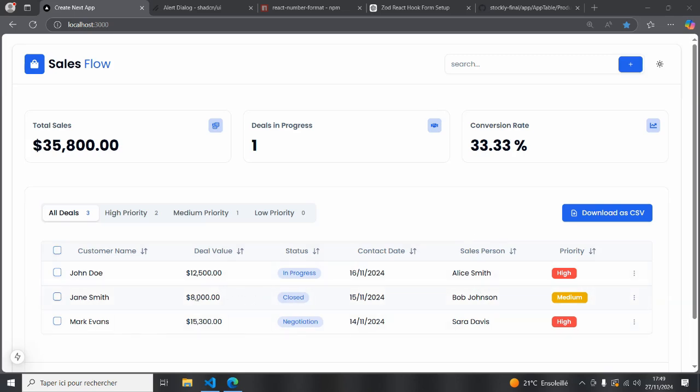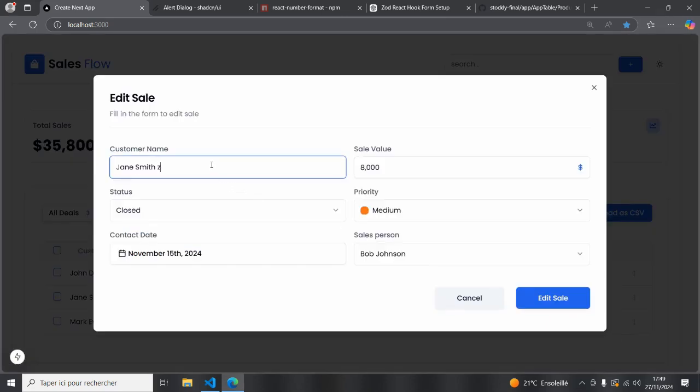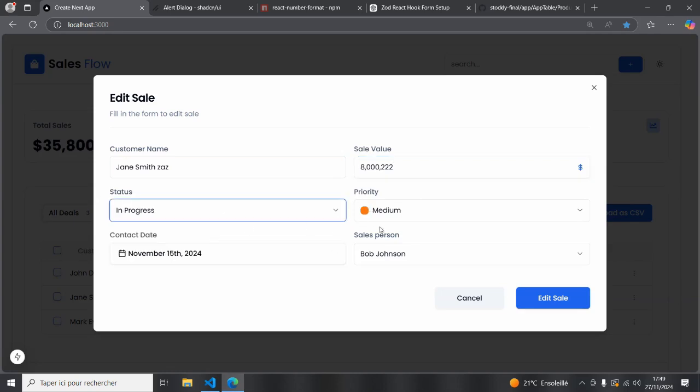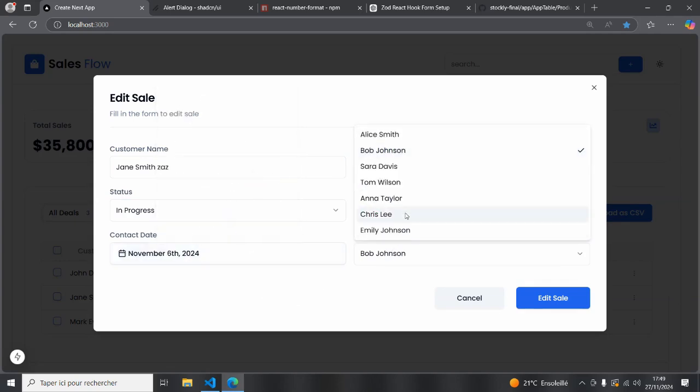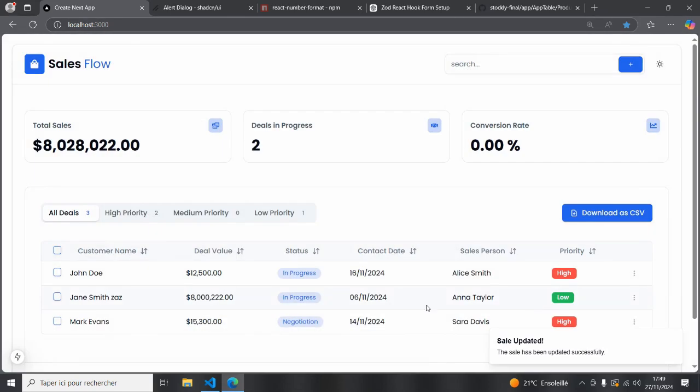So let's pick this second row and click on edit. I'm going to edit everything in here just to show you that everything is going to be updated. I'm going to select another priority, another date, and another salesperson, and click on edit. As you can see, everything has been updated successfully in our table,